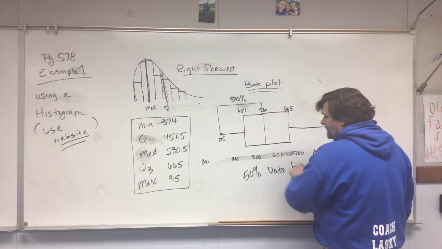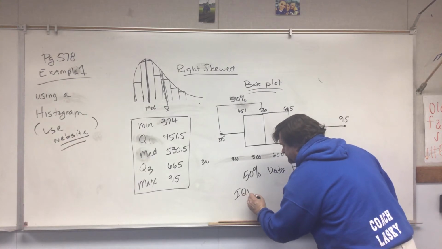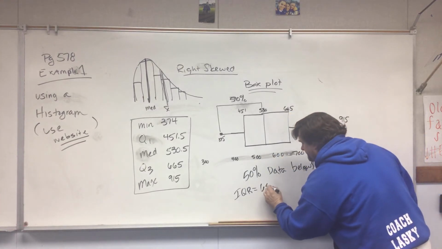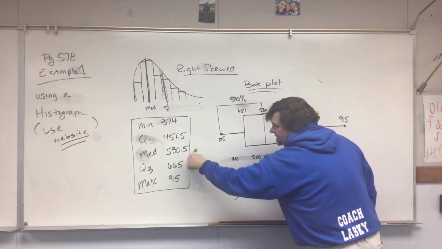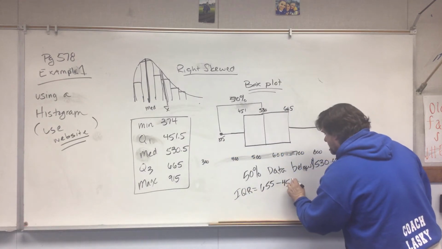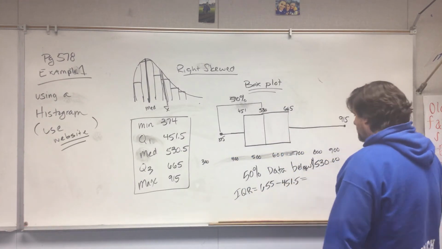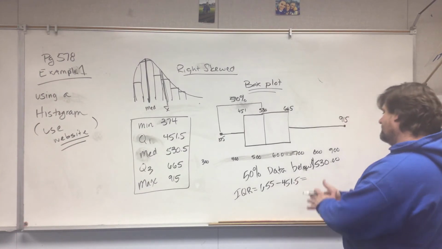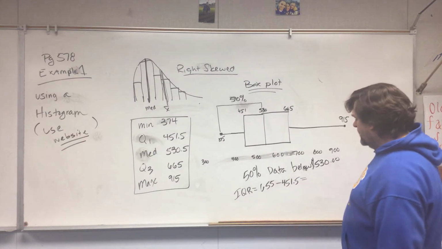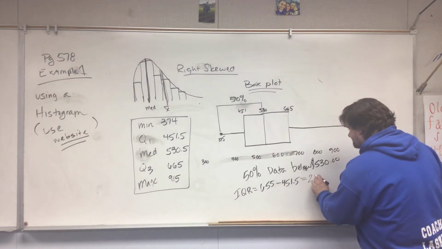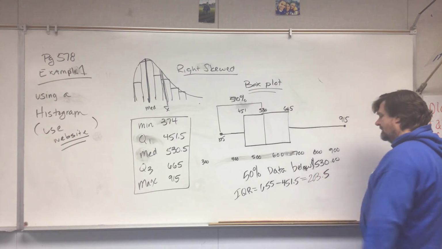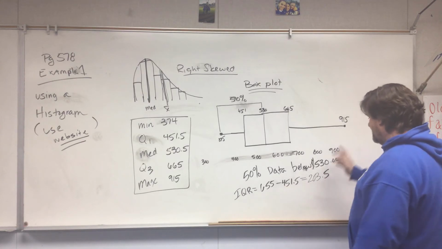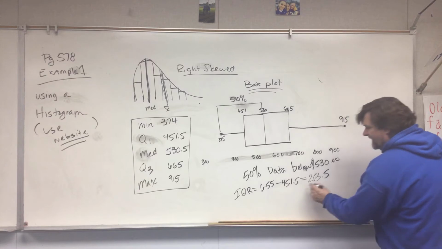Now we're worried about our IQR too. So remember, our IQR is Q3, 665, minus Q1, which is 451.5. So if I'm looking at this, is it roughly 200 it looks like? Maybe a little bit more, like 203.5. 1, 4, 5, 6. Yeah, that's right. There we go. So $203.5